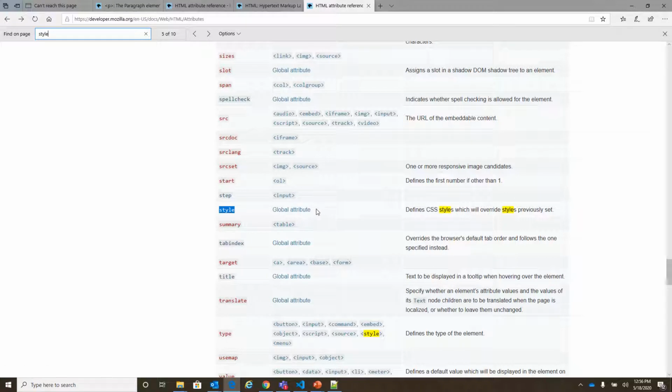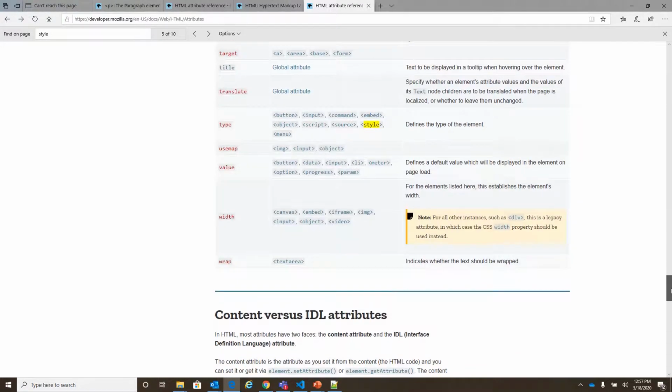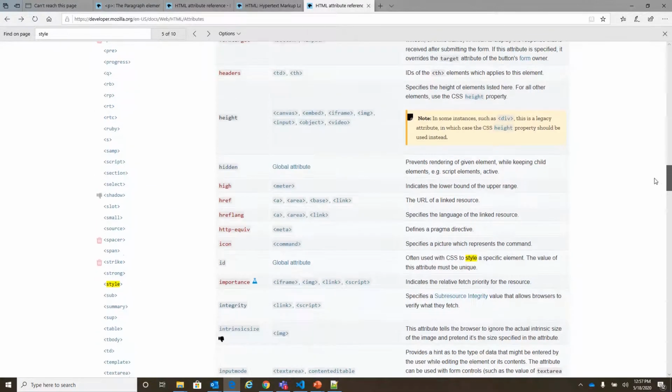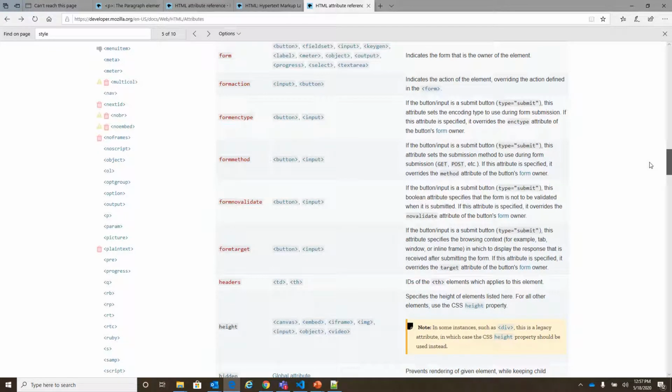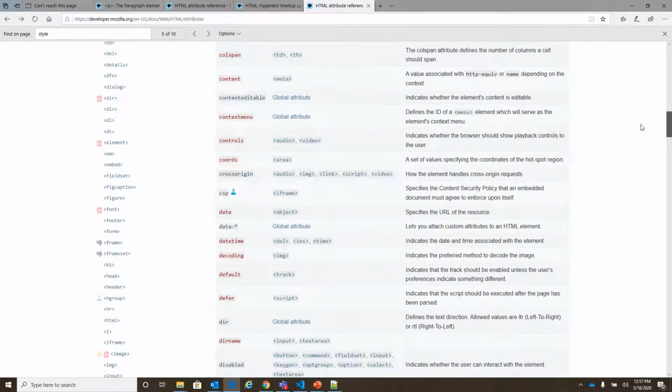That means it can be applied to any content. If you see this src attribute, it can be applied to audio, embed, iframe, img, video, or script elements. So this attribute can be applied to these. We generally don't use that many attributes. We use hardly 8 to 10 attributes out of these.